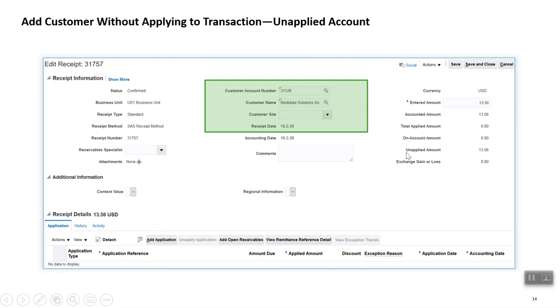It would be placed on unapplied amount, which means it is not applied to any of the invoices. So 13.56 is not applied to any of the invoices, hence it is parked under unapplied. This receipt means I've received cash against this particular customer, but I have not applied it onto any particular invoice, so it's sitting under unapplied amount.